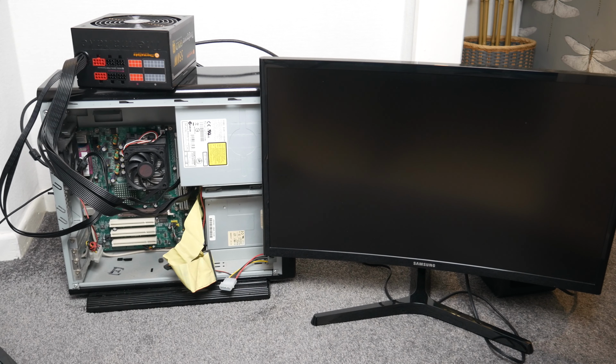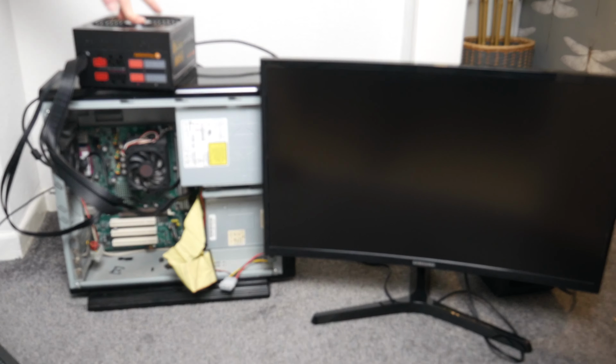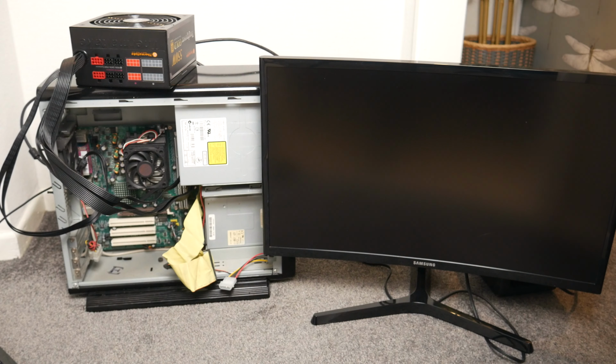Alright, I think we are ready. I've got a monitor, the monitor is plugged in, the power supply is plugged in, I've got my keyboard, and I've plugged the monitor and the computer together over VGA. And I think all I need to do is now turn the power on and see if it explodes first off, then we'll press the power button and see what that does. So in 3, 2, 1,